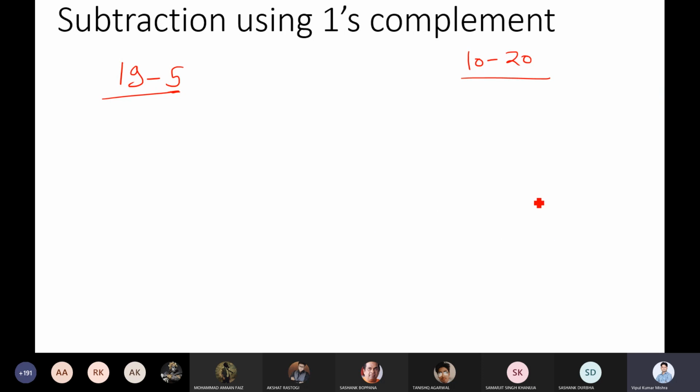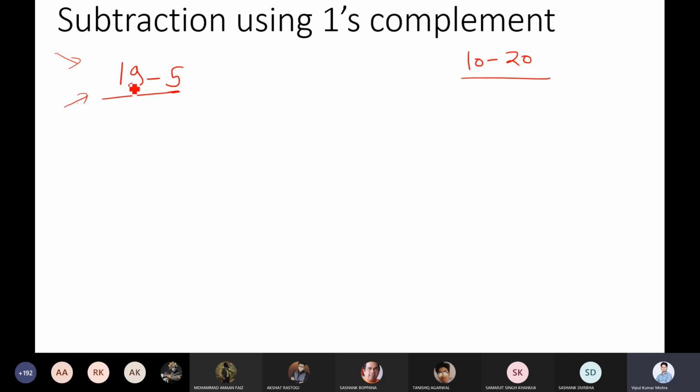Where we get the carry, we should just write the carry in the answer. If you are getting a carry, in this case you will get the carry, so you have to add it over there. You have to add the carry into the sum. Whatever sum is coming, you have to add the carry. So let me take this example.